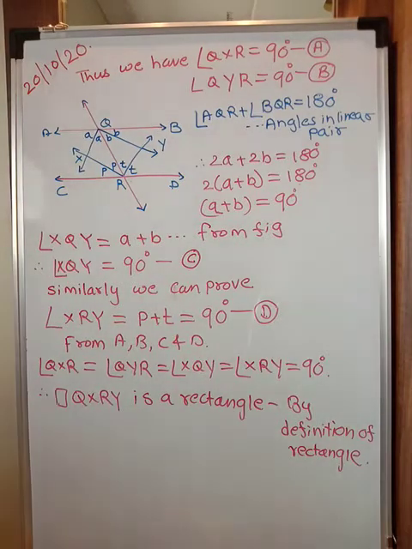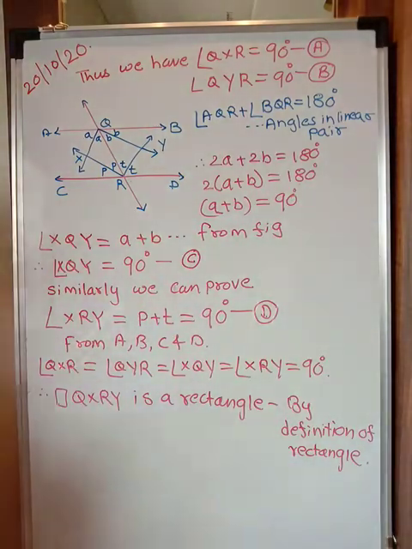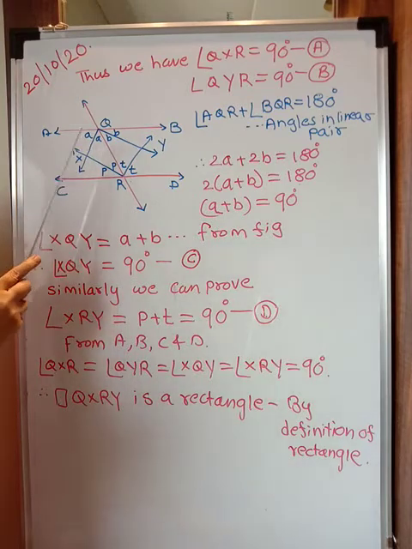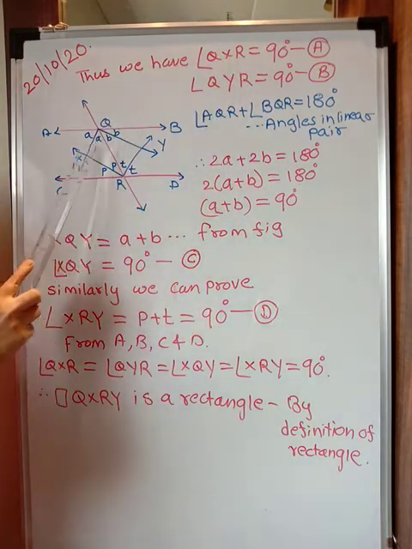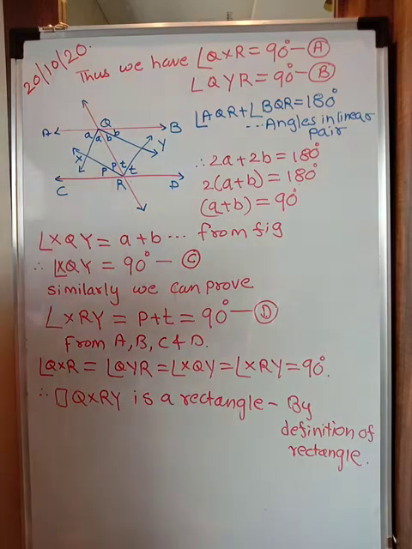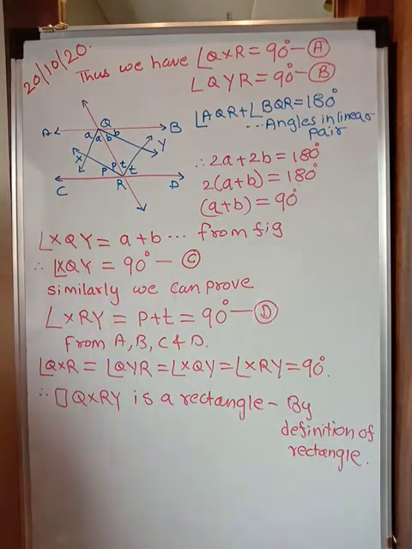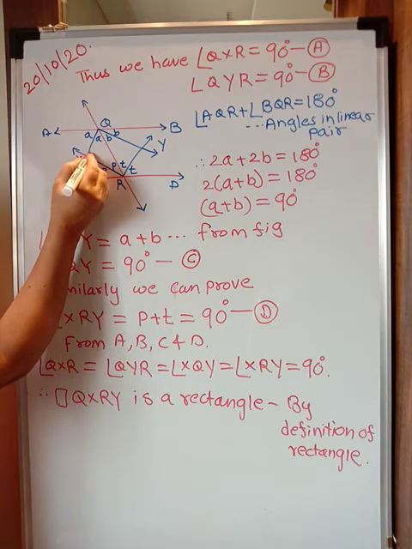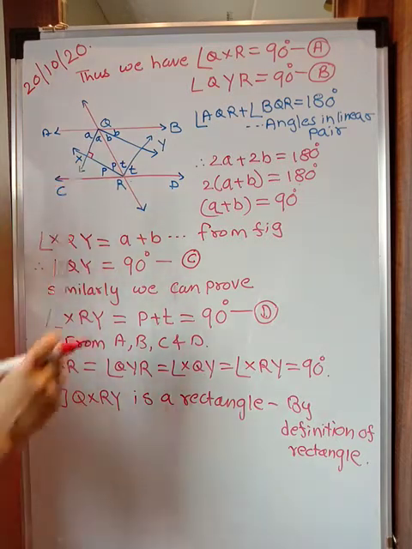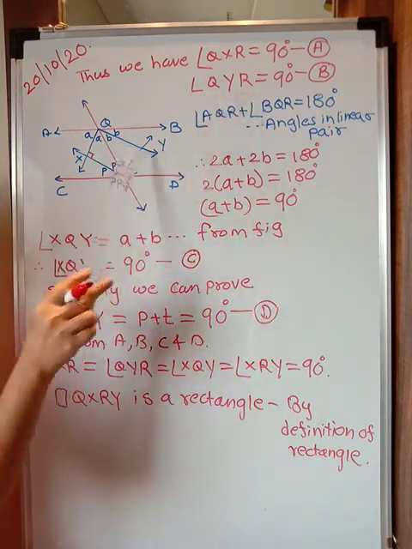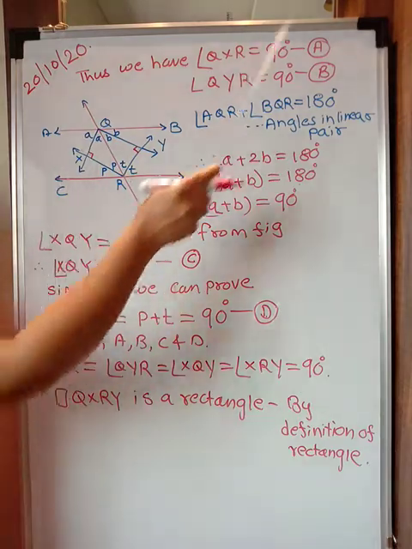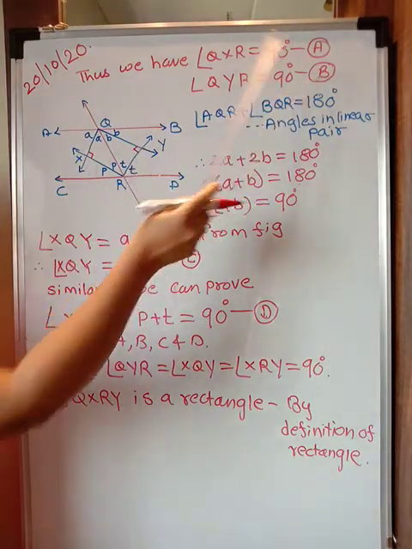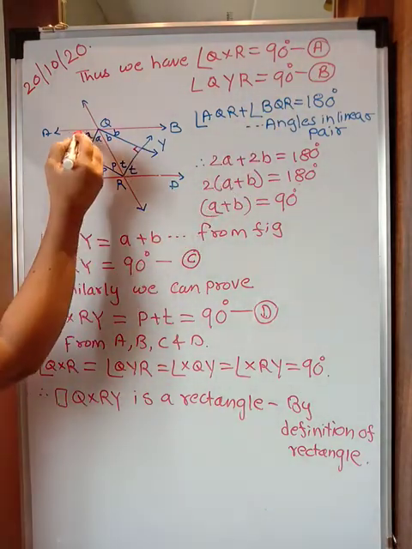So coming back again, students, I have once again drawn the diagram for you to understand. Now see, what we got is QXR. We got it as 90 degrees just now. So I am marking this as 90 degrees. As well as we got QRY. Similarly, we said we can prove QRY is also equal to 90 degrees. Alright. So let us mark this as A and let us mark this as B. Now concentrate on this complete angle.